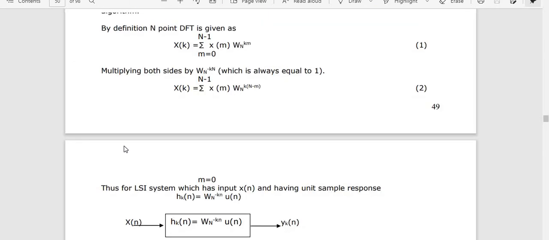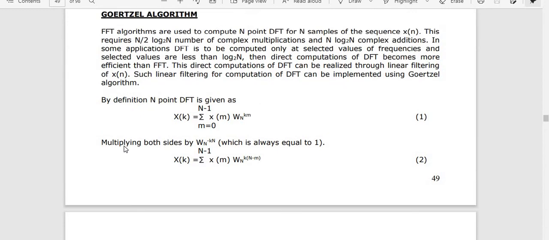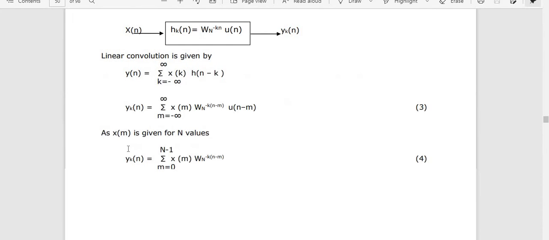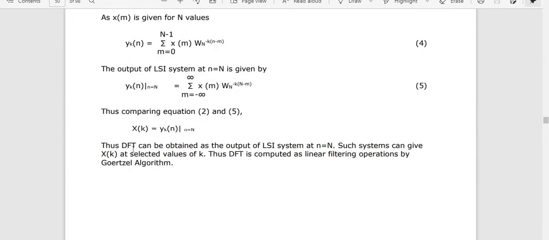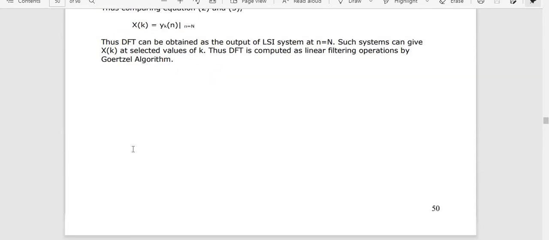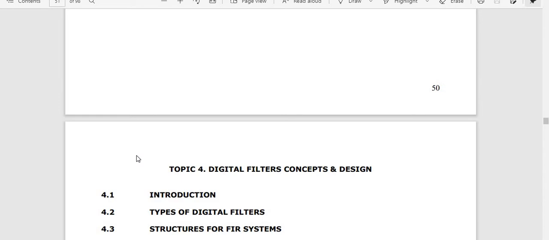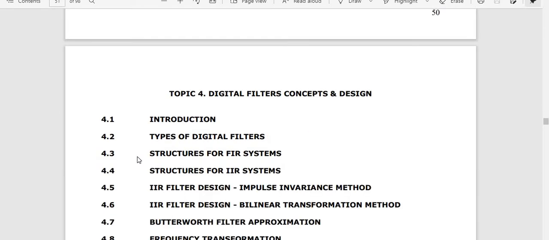Clear? So that's how we covered the difference between the DIT FFT and DIF FFT algorithms for the first sequence and for the second one. Next we proceed with finding their answer. So let's move on with that concept. Since we don't have Goertzel's algorithm, that is not there now. So next we are proceeding with our next topic.